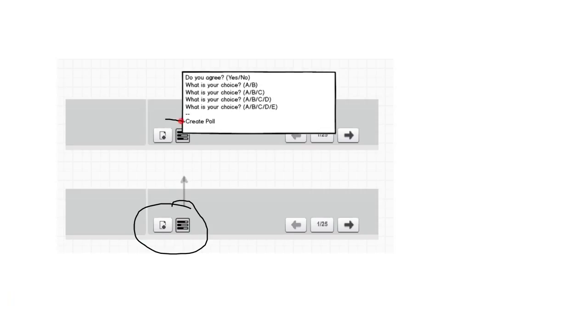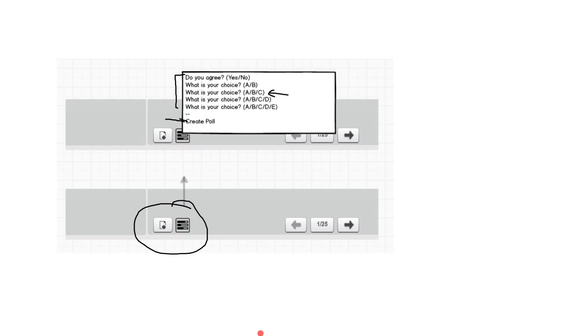And in it, there'll be the ability to create a poll, or there'll be some pre-canned polls. These are quickly going to say, like, do you agree with this? And you could just say yes, no. Or there might be multiple choice. You may have a slide that says, what do you think of these 3 topics? And you could literally just say, what's your choice, A, B, or C, and have a quick poll based on